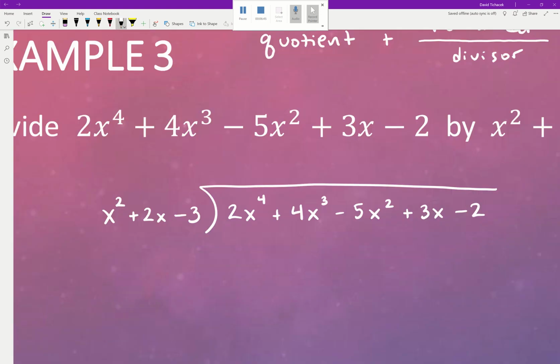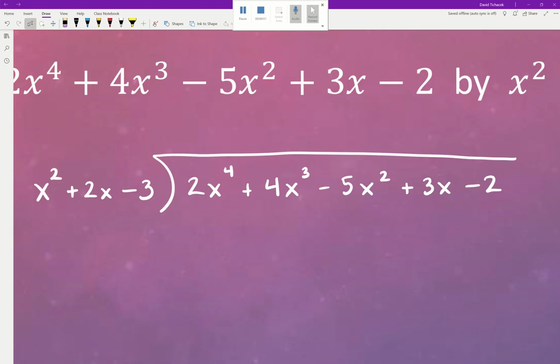Okay, another example here with some longer polynomials. It looks like our divisor is a trinomial here as opposed to the past two examples where they have been binomials, 2 terms. But it's still the exact same game. We still want to go ahead and match up what we have out here as our first term, which is an x squared. We want to match that up to a 2x to the fourth and ask ourselves what's missing, right? So what's missing, of course, is that coefficient of 2, and we have 2 x's, but we need 2